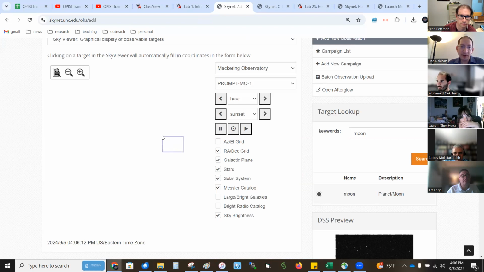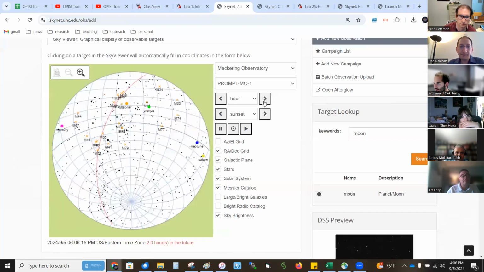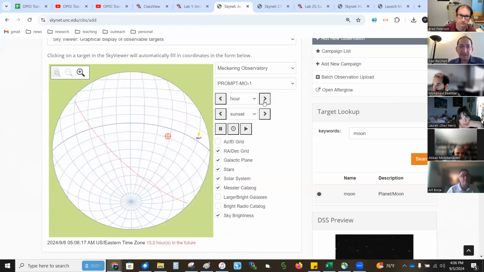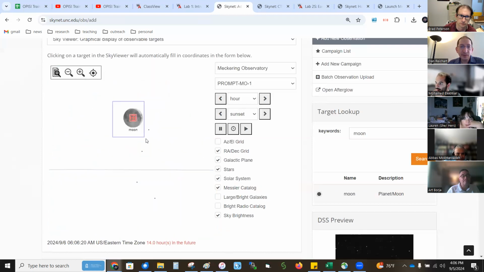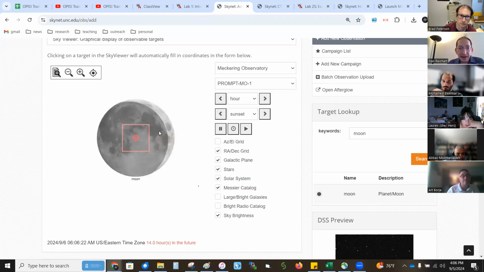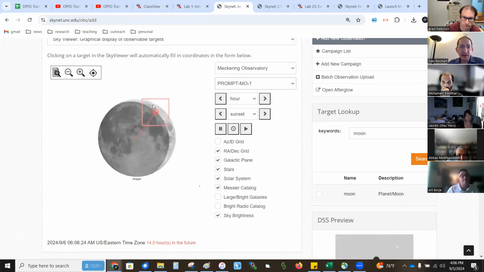Oops, that's the now button. I meant the pause button. I get the sun out of the sky. Try zooming in again. Got the phase in there, and it'll be moving, so you can hit the pause button. You pick whatever observatory you're going to use, whatever telescope at that observatory. Some telescopes have bigger fields of view, some have smaller, and you can position it.